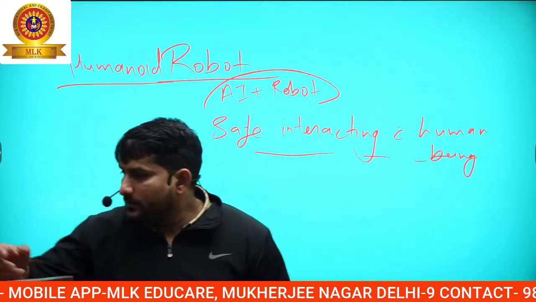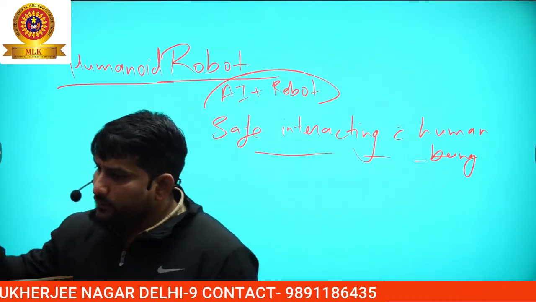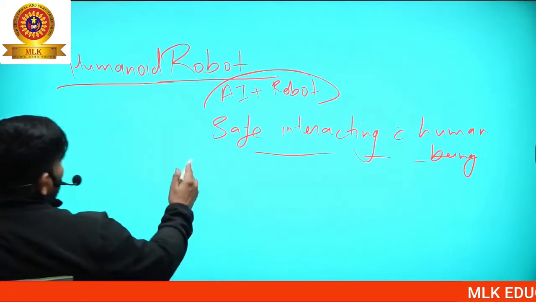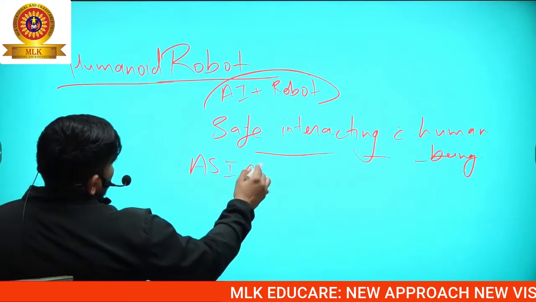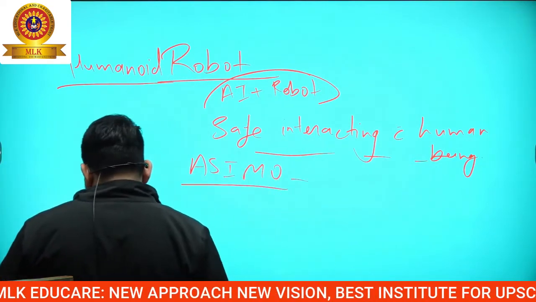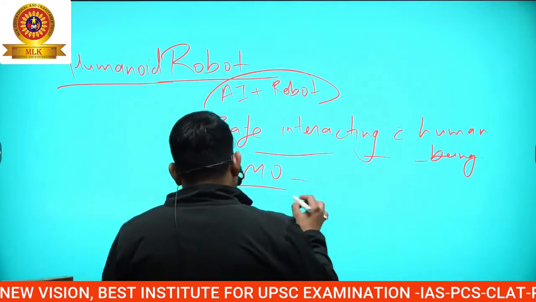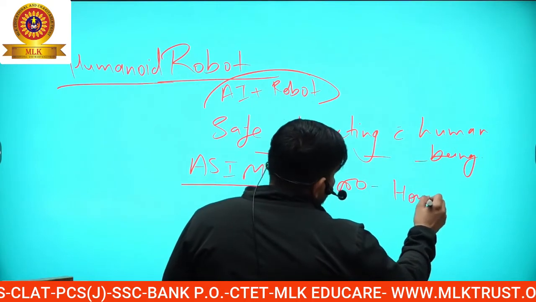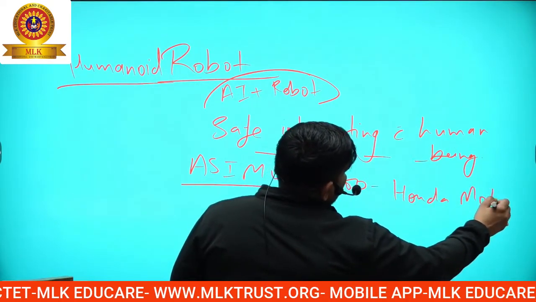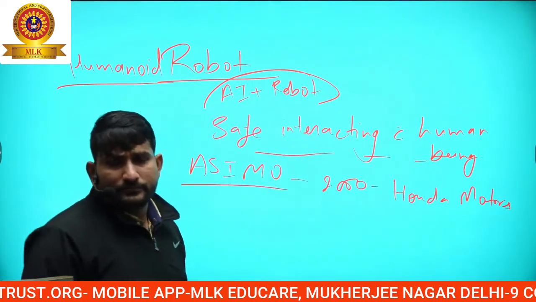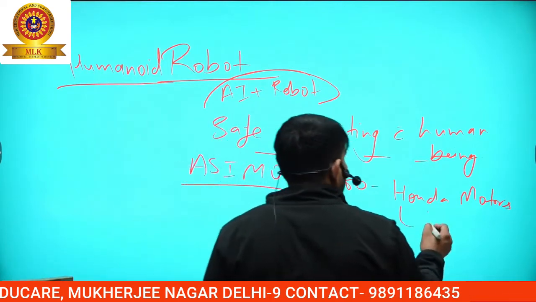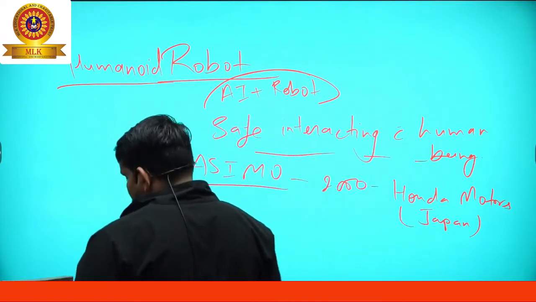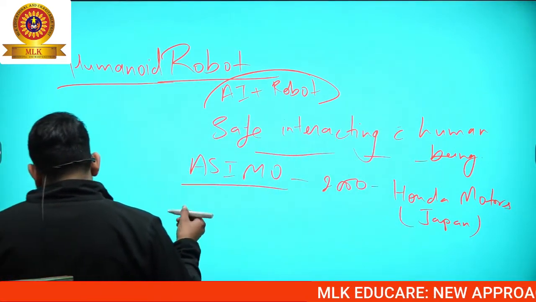Chalo. So here are some examples about the humanoid robot. जैसे the example is here, the Asimo robot. Asimo robot is the robot which was developed in 2000, ठीक है, by Honda Motors. Honda Motors. कहाँ की कंपनी है Honda Motors? This is a company of Japan, MNC of Japan. Okay, so Asimo is the Japan robot. Okay,